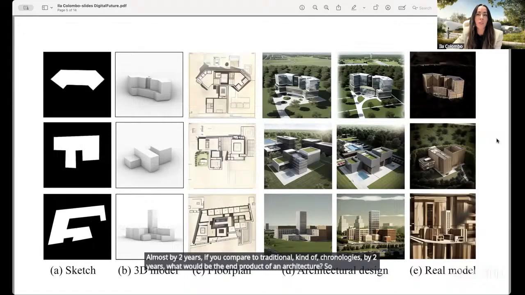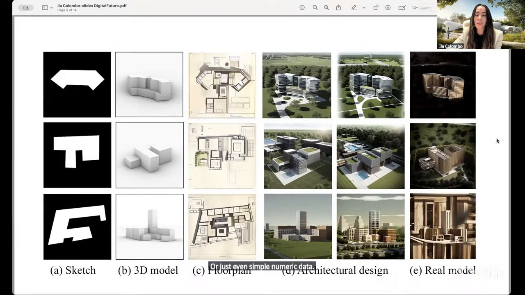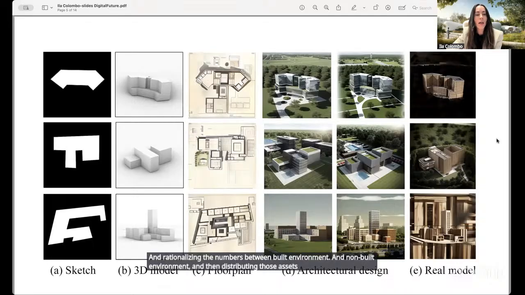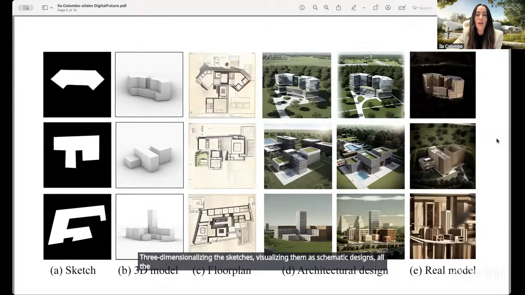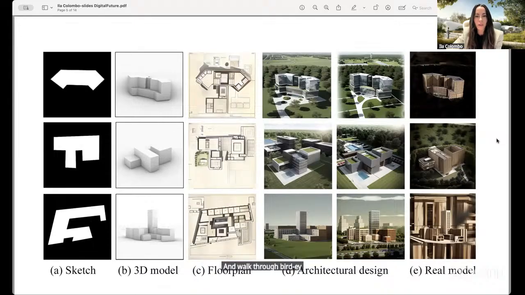So we start sometimes with simple natural language or just even simple numeric data, where it's maybe just a piece of land. We know the rough dimensionality of the piece of land or the site, and we start implementing all that we know in terms of distributing the numbers and rationalizing the numbers between built environment and non-built environment, and then distributing those assets within the site, and then taking little sketches, three-dimensionalizing the sketches, visualizing them as schematic designs, all the way to 3D and walk-throughs, bird's-eye views and aerials and super high-res final renderings.